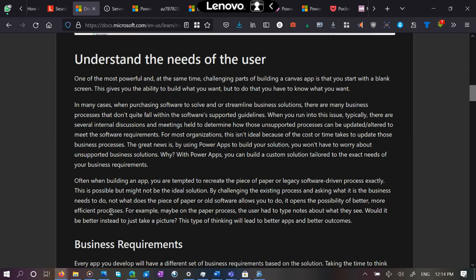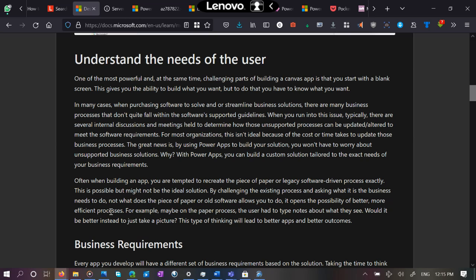Basically, what's going on here is they're talking about how often in businesses, and I've seen this in the field from my attachment or internship time, there's going to be a lot of times when the boss decides that we might need a new system or new software. And that's great. But the first thing they'll do is look at what the old software did and say, okay, recreate that exactly.